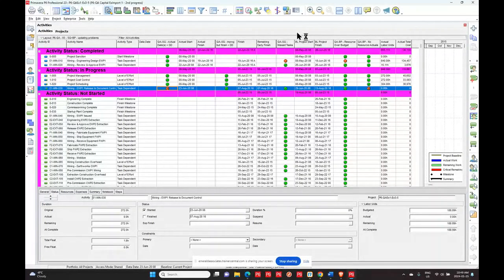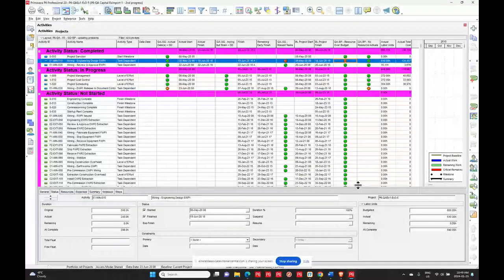You have missed tasks, so if tasks weren't updated when it was expected that they should be. You also have resources over budget, which is one that is very handy to be able to pick up really quickly instead of having to run pages of reports. You have no resource actuals. This one